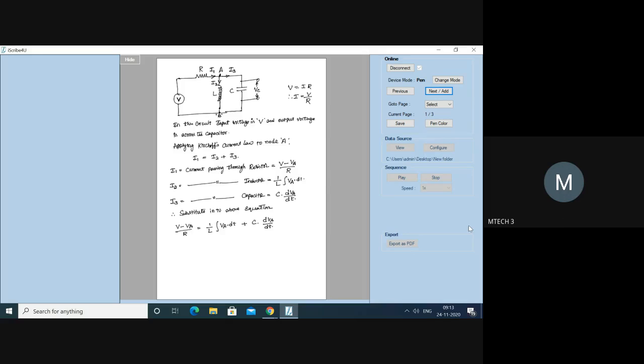Yes, sir. Okay, right. Write down. As per the Kirchhoff's law, VC will be equal to VA. VC is the output voltage, the voltage at this node point, which is the voltage at A. So VC is equal to VA. Hence